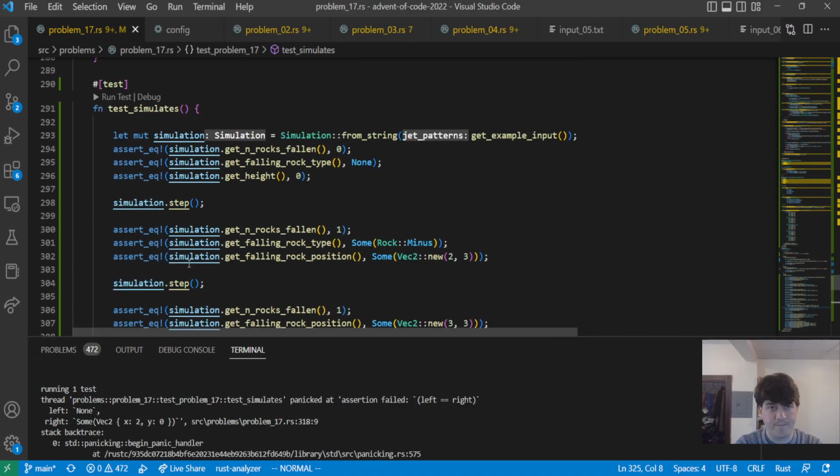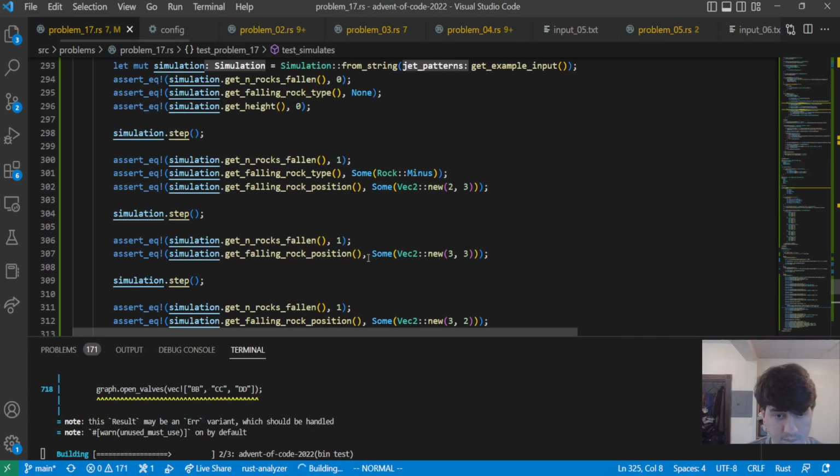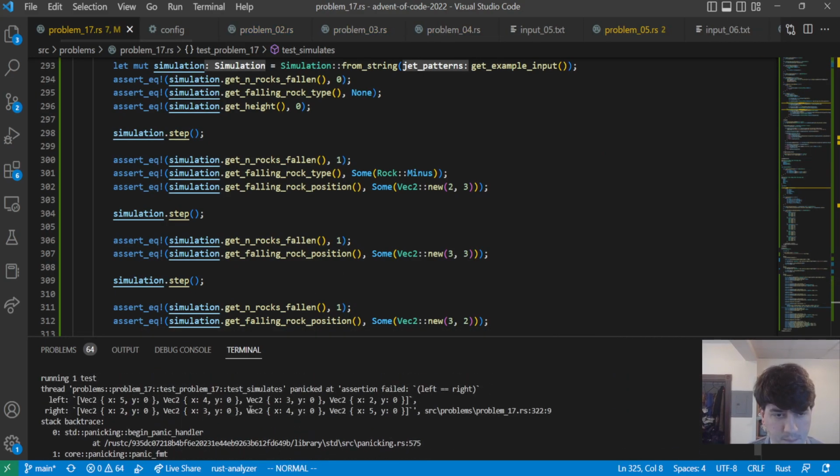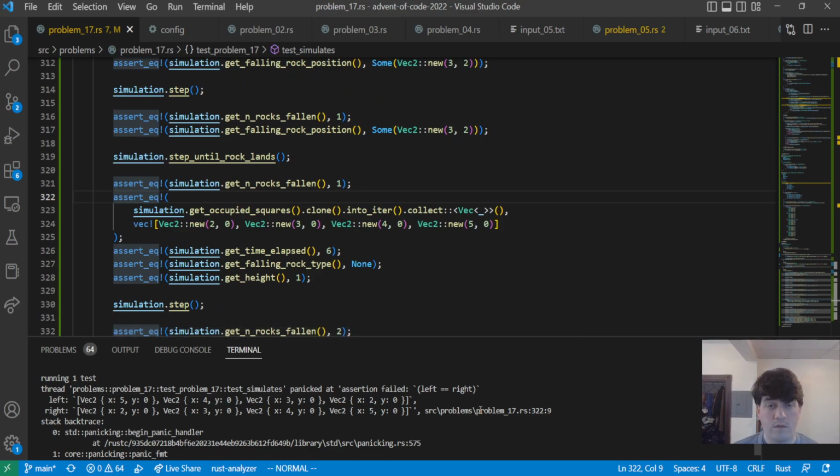Okay. All right. So we think the occupied squares are, these can't be vectors. Doesn't work. We need to compare them as